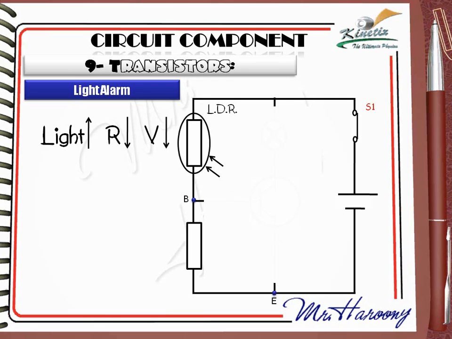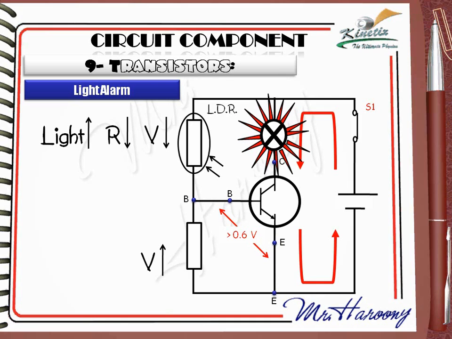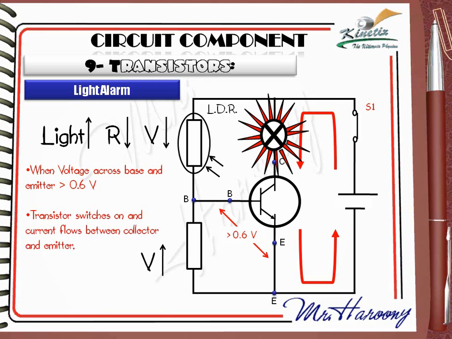This automatically increases the voltage across the fixed resistor, which is placed between the base and the emitter of the transistor. When voltage across base and emitter becomes greater than 0.6 volts, the transistor switches on and the current flows between collector and emitter. The bulb will light. You will find that the bulb will light when light intensity increases. When voltage across base and emitter becomes greater than 0.6 volts, transistor switches on, current flows between collector and emitter,